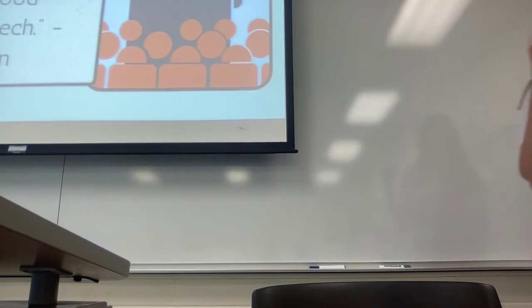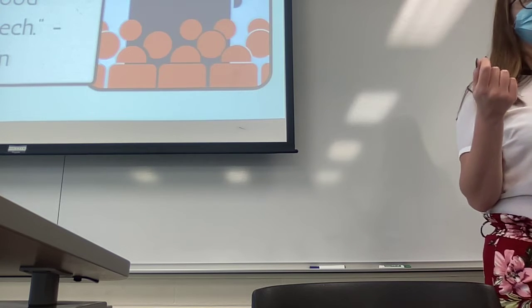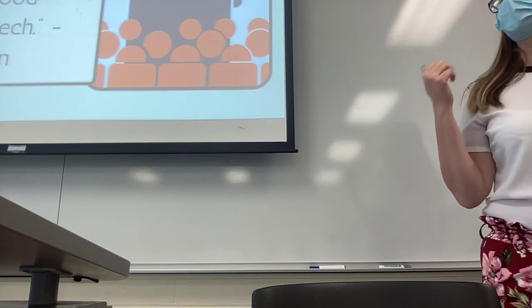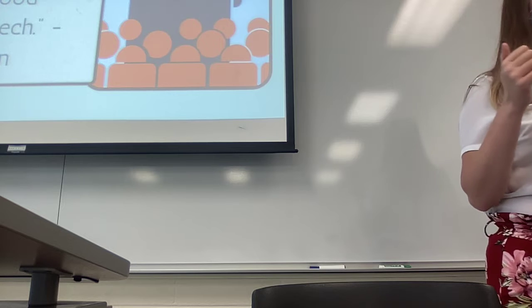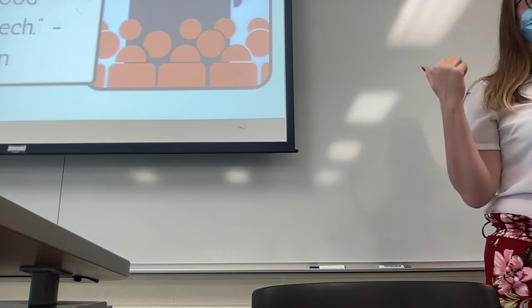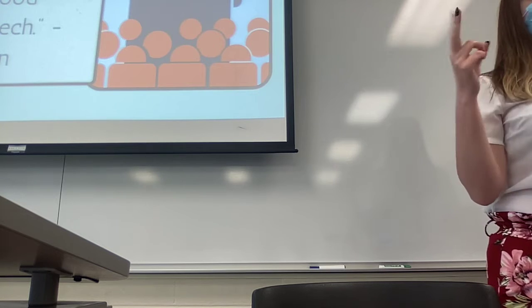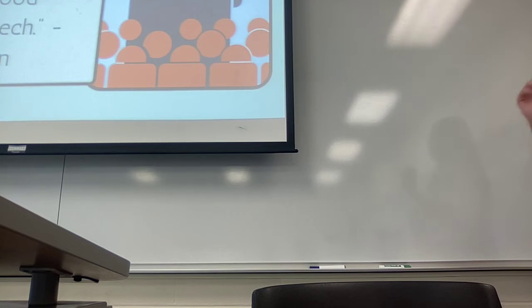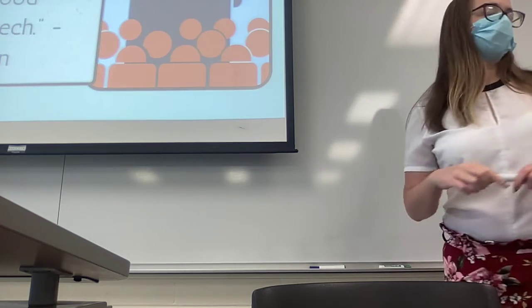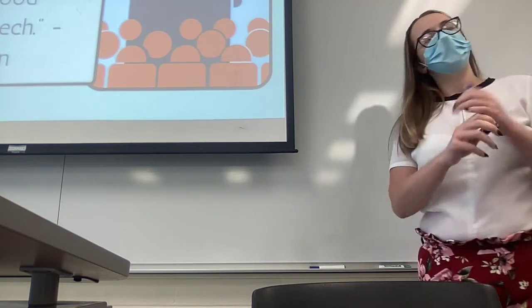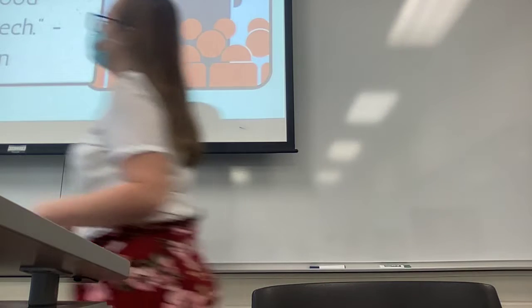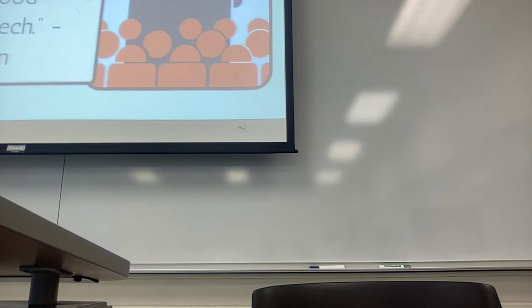So what we're going to do today is watch two speeches from very different occasions. One is a eulogy from Robin Williams' funeral, and the other's a wedding toast. It's a clip from the movie Bridesmaids. I want you all to take some notes while we watch the two, because we're going to talk about them at the end. I want you to note the way the speakers are using ethos, pathos, logos.